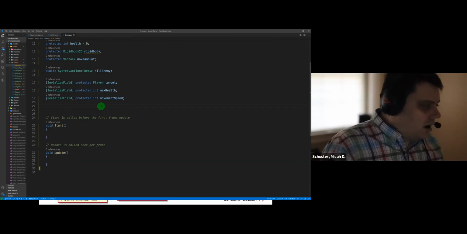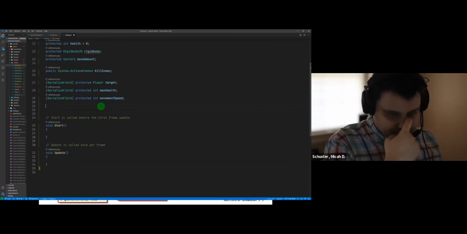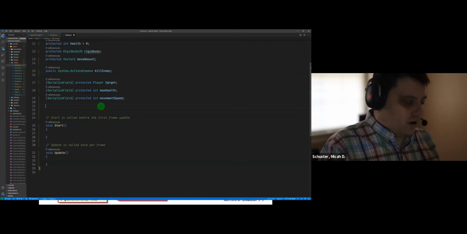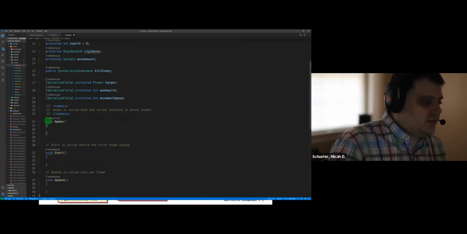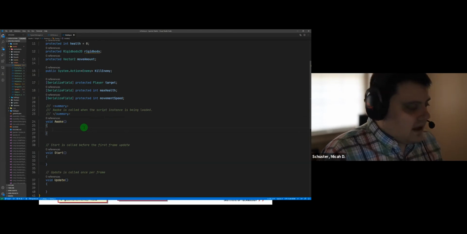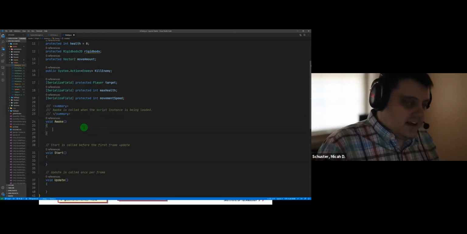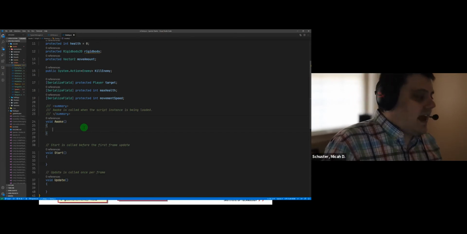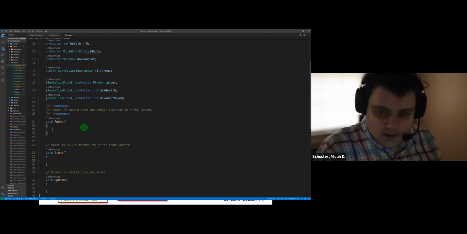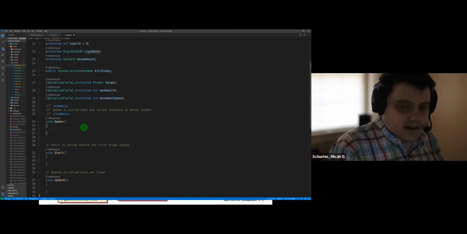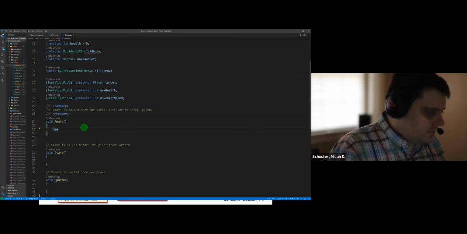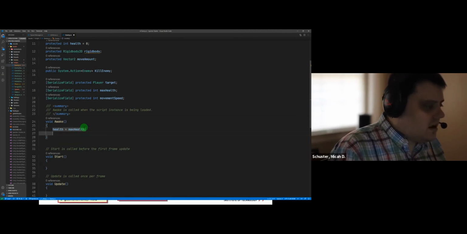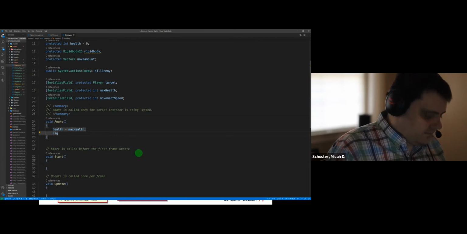Now, I am going to use Awake here. Remember, Awake happens before Start. So it's just void Awake. And this is where we're going to set up things like the rigid body, make sure that we get that component. This is where we're going to set up the AI movement, make sure that we get that component, and where we set the health equal to max health. So we'll have something like this. Health equals max health. We'll set up our rigid body